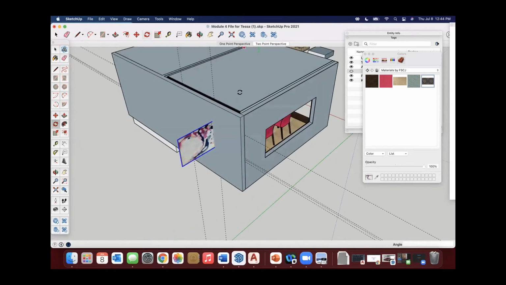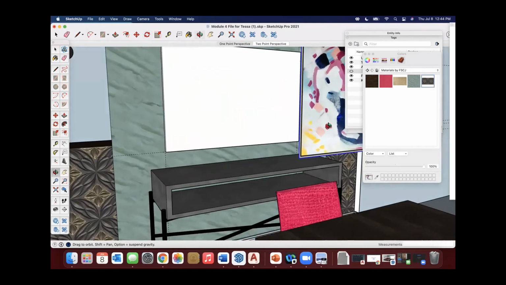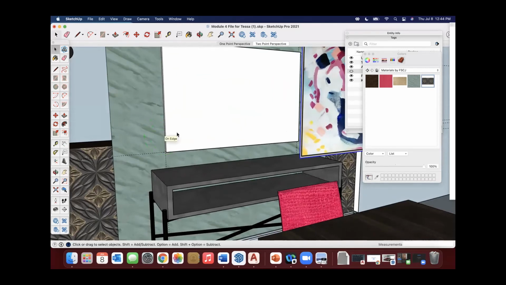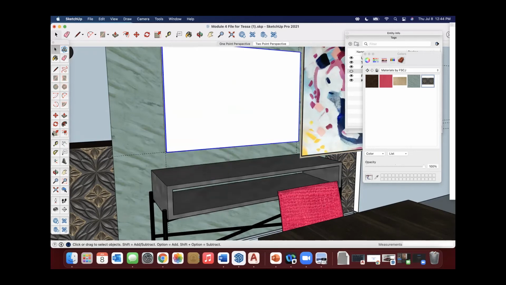Hang on, I needed to rotate this way. So I'm going to click on rotate and there we go. For whatever reason, it does that. So I'm going to go ahead and make a group on that face just so it doesn't stick. And now I'm going to take this and move it.